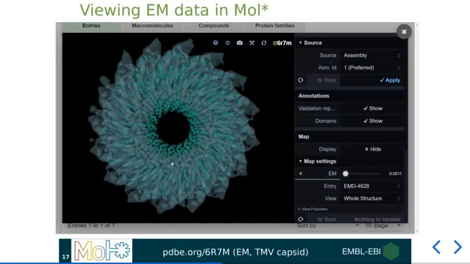Now you can instantly see how quickly a version of the whole map has been loaded and visualized. And this is default behavior for any EM entry. On the right-hand side, we can see the map settings. For example, we can toggle hiding and showing, as with many other properties. And by clicking on the EM tab,